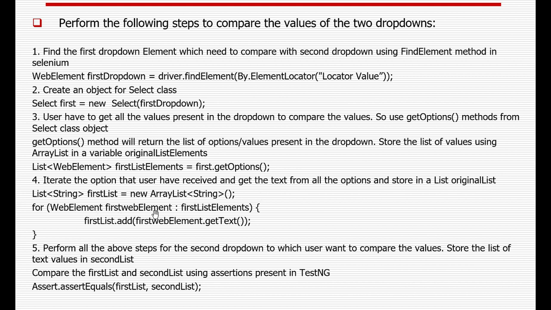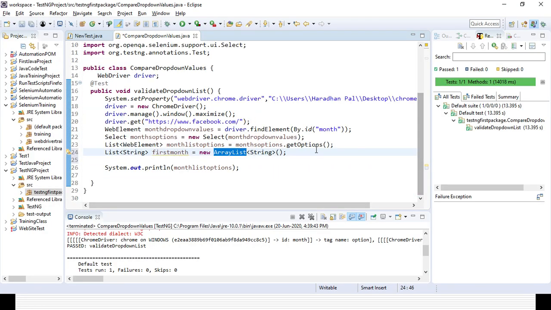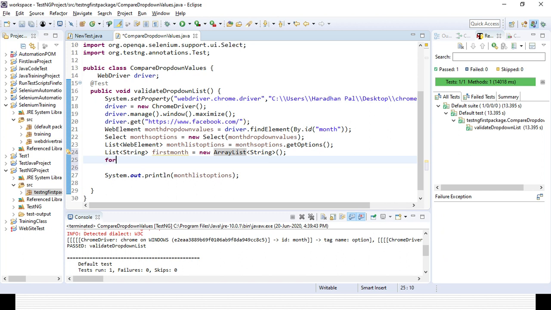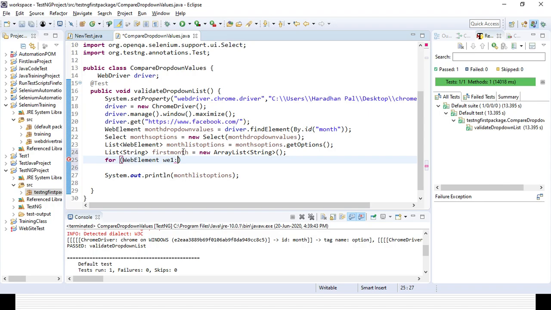So for WebElement, I'm giving some WebElement name, suppose WebElement 1. Okay, I need to iterate it, and you need to give the reference first month, right?